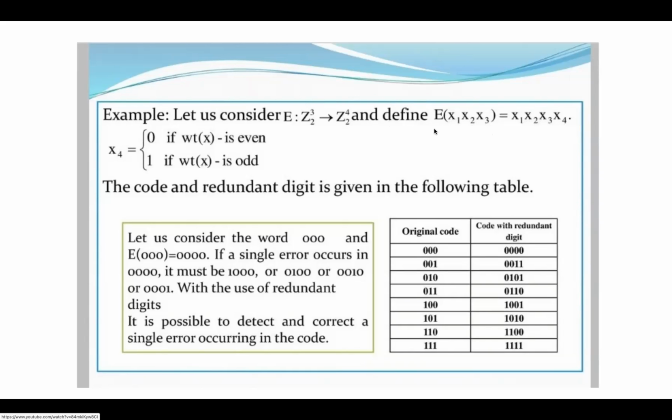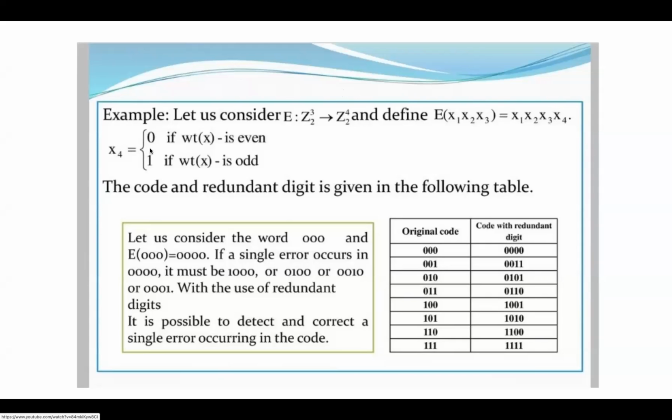Okay, in that case x1, x2, x3 will remain the same. Okay, x1, x2, x3 are the same. x4 is going to change and there will be some criteria for x4. E of x1, x2, x3 is there in this 4-digit code itself, x1, x2, x3, and x4 is the different one only, and there will be a special criterion for x4. Okay, we will see what that criterion is.